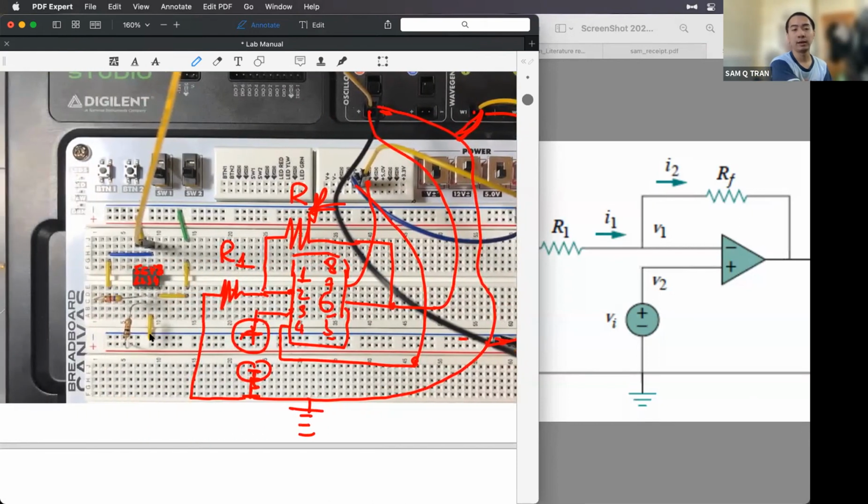Like we can see, this one was for the inverting amplifier, and we have the non-inverting terminal connected to ground. So the wave generator ground acts as a ground for the entire circuit, which is what would be normal. And the same thing for